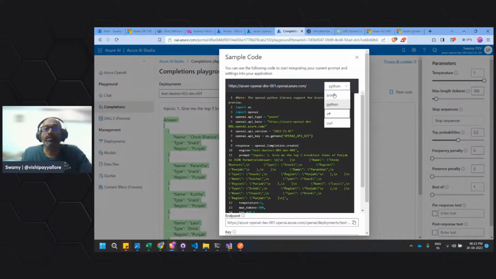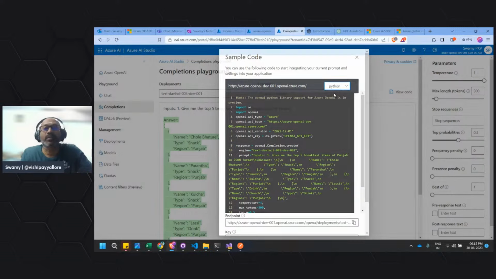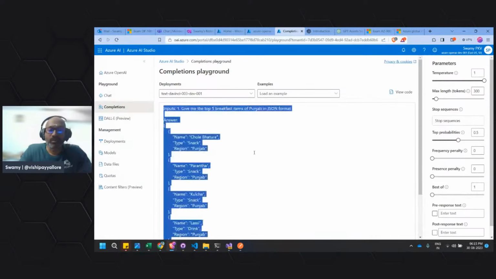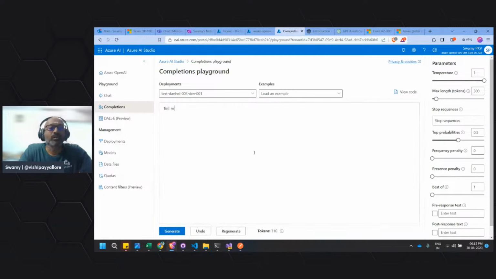What happened to this? Why is it not giving me this option? Okay, so we can select those options. So one of those options will be this JSON. What happened to this? Tell me a joke on software.